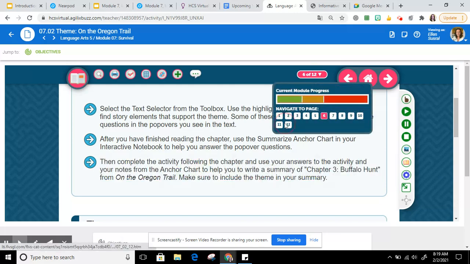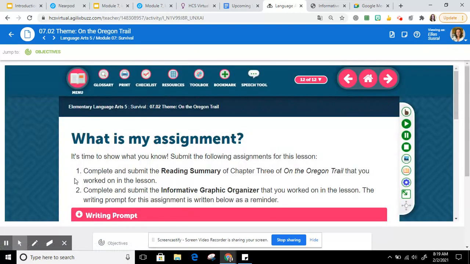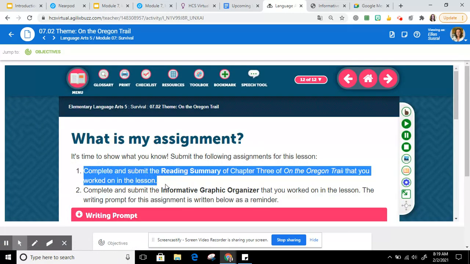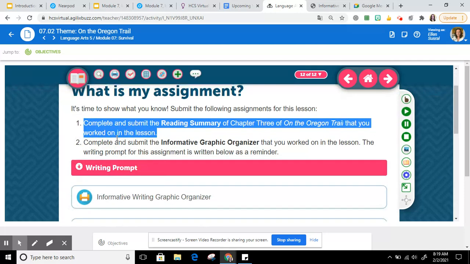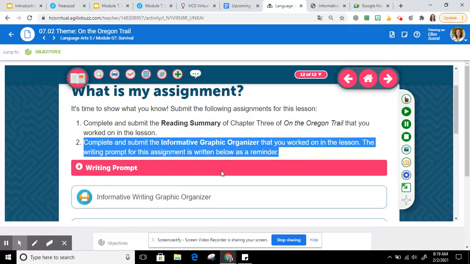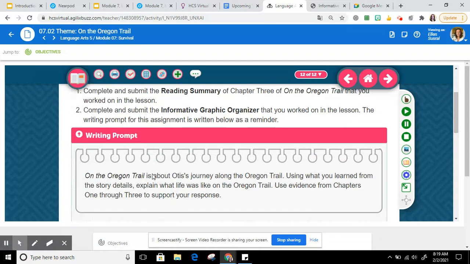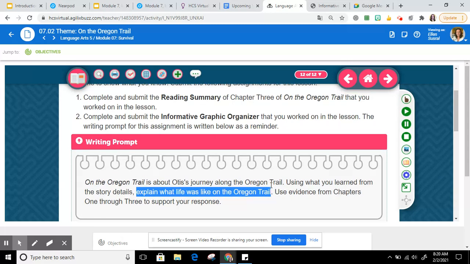Okay, so I'm just going to go back here, back to page 12. Again, number 1, right here, that part right there, number 1, the summary is on page 6. The graphic organizer is found right here. You've got the writing prompt that you're answering, explaining what life was like on the Oregon Trail, using that text on the Oregon Trail, chapters 1 through 3. And this is, again, something you're to be working on throughout the lesson. When you're done,